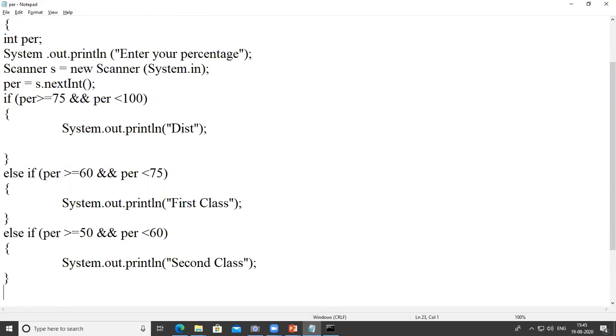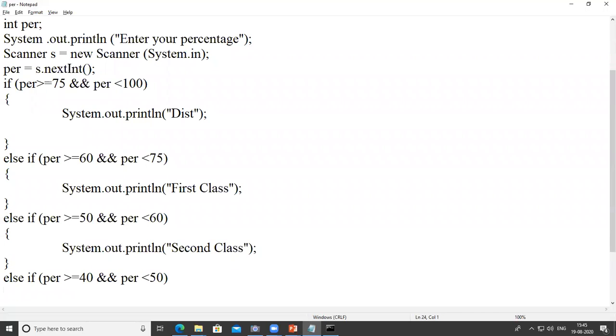Else if percentage is greater than 40 and percentage is less than 50. Something like greater than or equal to 40 and less than or equal to 50.